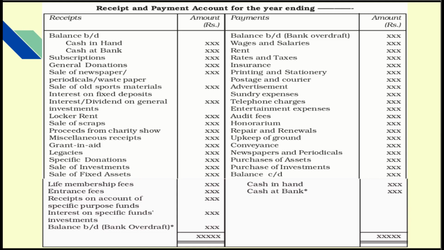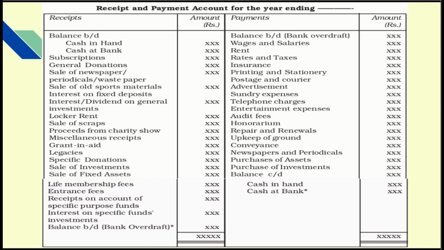On the debit side or receipt side: balance brought down as cash in hand, cash at bank, then subscriptions, general donations, sale of old newspaper, periodicals, waste paper, sale of old sports materials, interest on fixed deposits, interest or dividend on general investments, locker rent, sale of scraps, proceeds from charity show, miscellaneous receipts, grant in aid, legacies, specific donations, sale of investments,